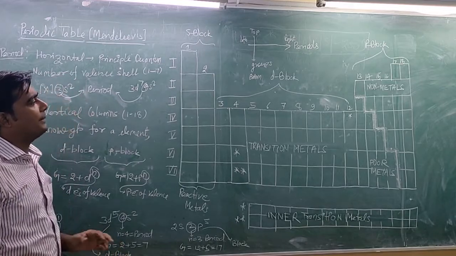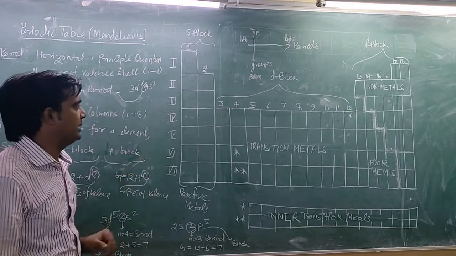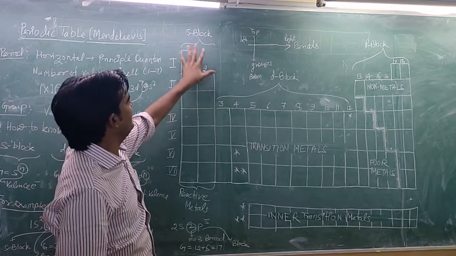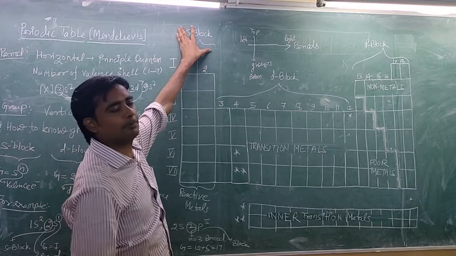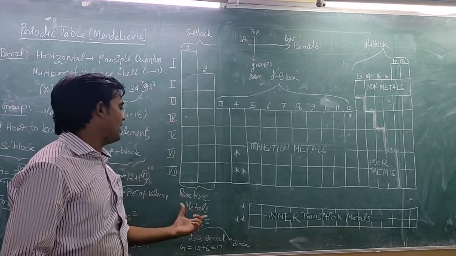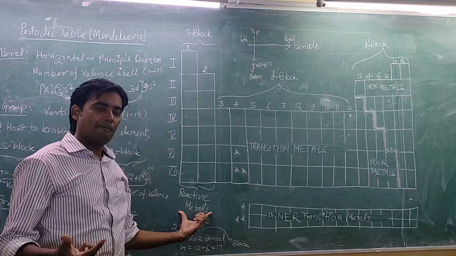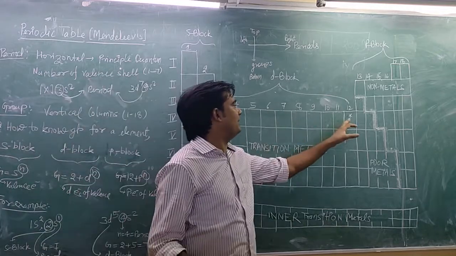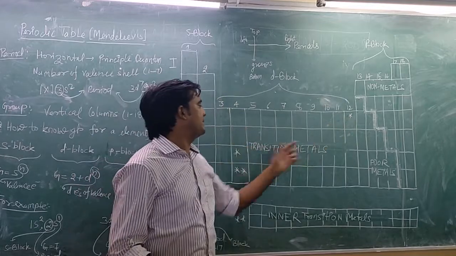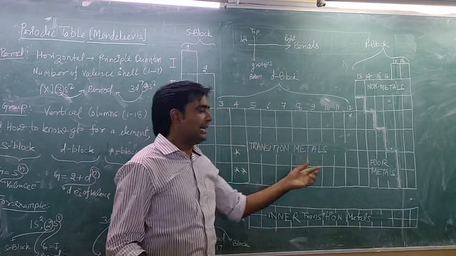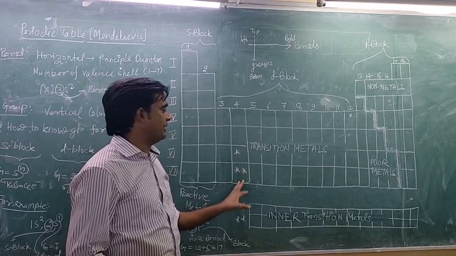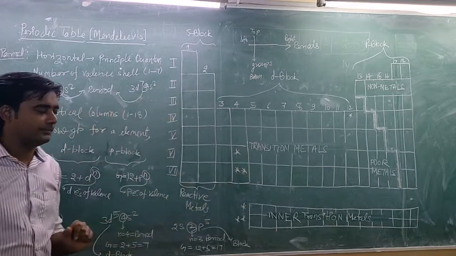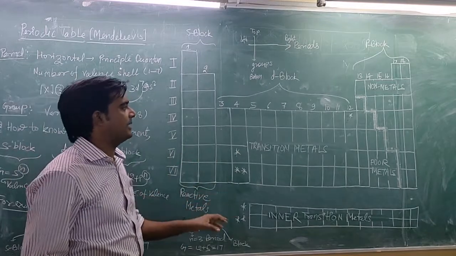Now we are going to talk about the elements in this periodic table. If you look, the first and second group elements are basically known as S block elements, and these elements are very reactive. From groups 3 to 12, these elements are known as transition elements, except this and this, the initial elements of the 4th transition series and 5th transition series. We will correlate that after some time.